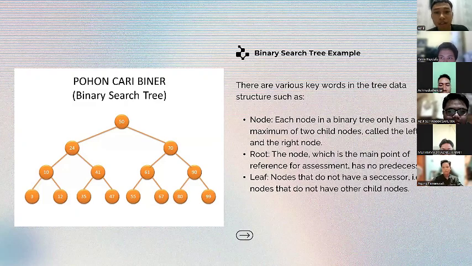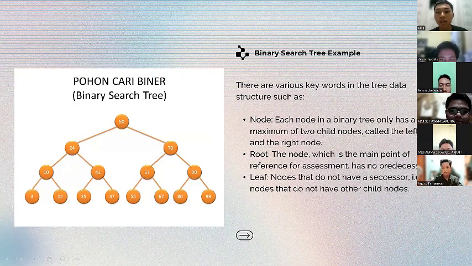Okay, this is a binary search tree example. There are various terms in the tree data structure such as node. Each node in a binary tree only has a maximum of 2 child nodes, called the left node and the right node. Root: the node which is the main point of reference, has no predecessor.